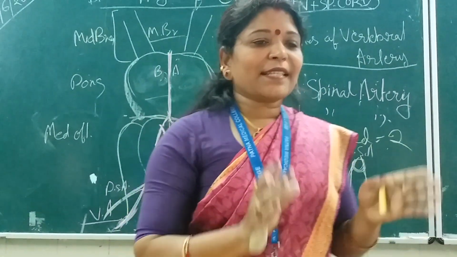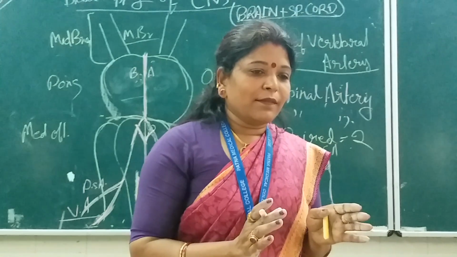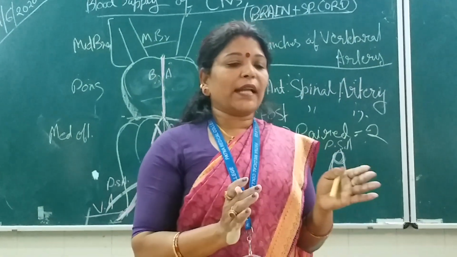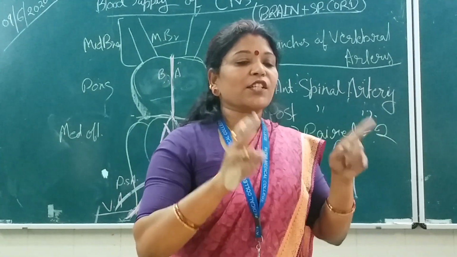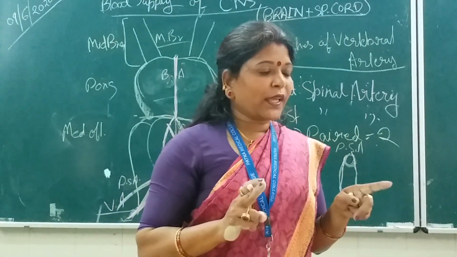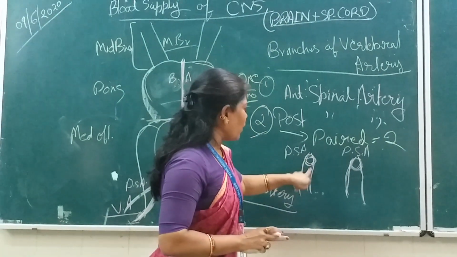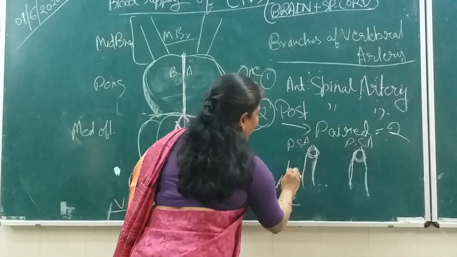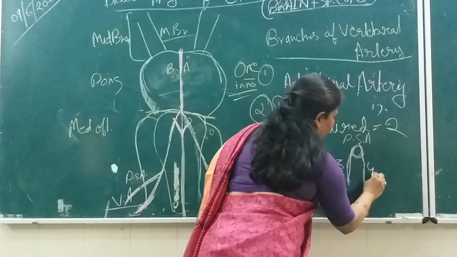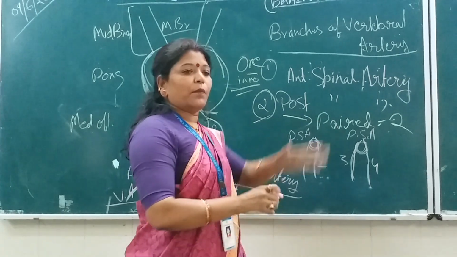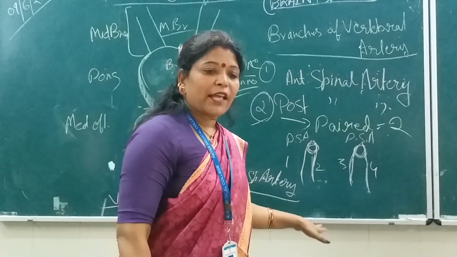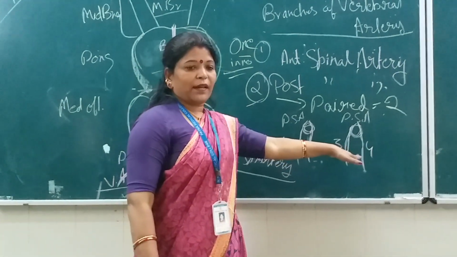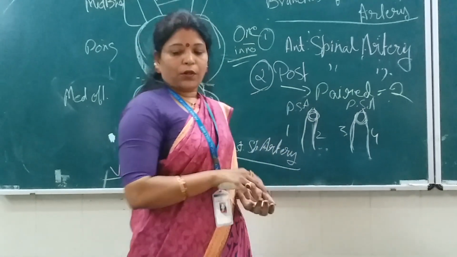On the posterior side of the spinal cord, where the dorsal nerve root is attached, on either side of that dorsal nerve root the posterior spinal artery runs. Okay, via these two limbs, the collateral branches of the posterior spinal artery. That means 1, 2, 3 and 4. That means the branches which come downwards on the posterior aspect of the spinal cord will be 4 in number. And how are they arranged? Look here.